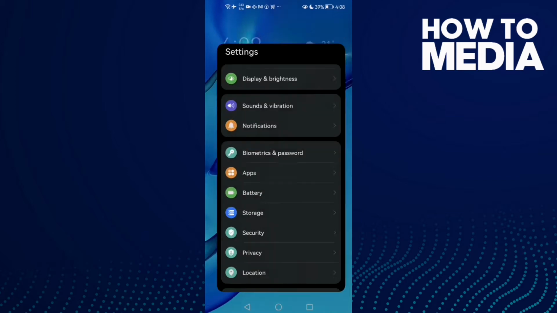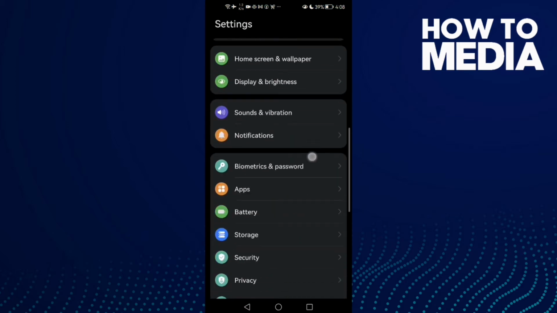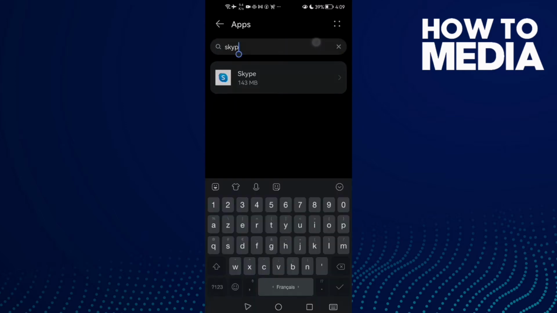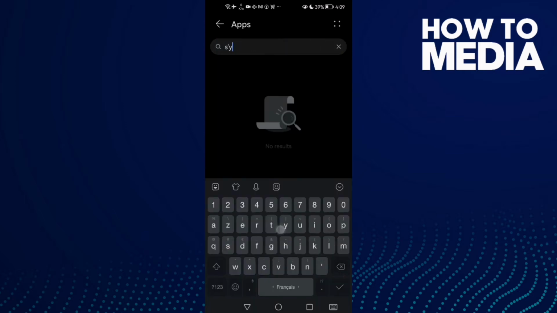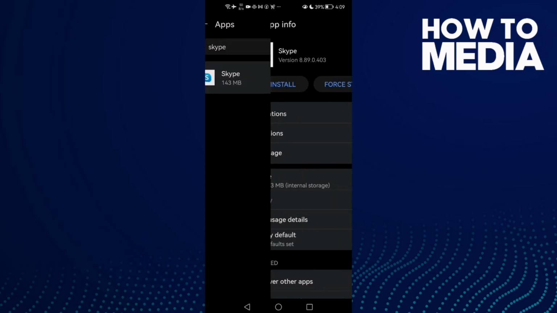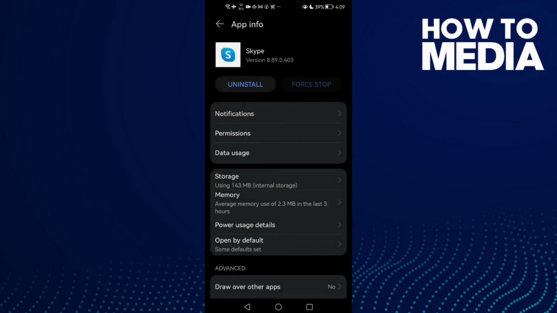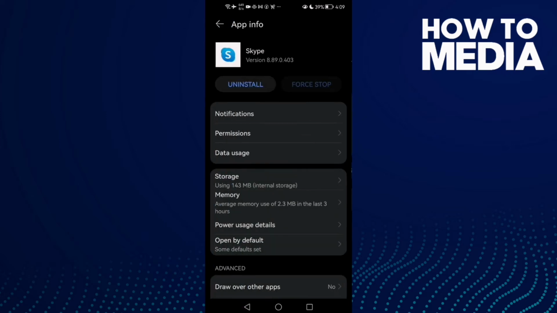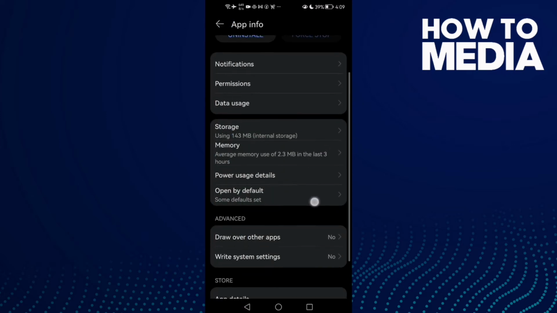First open settings and then scroll down here until you find apps, and now click apps again, and here we'll find Skype. Click on it and then click force stop, and after that go to storage, clear cache, and now just